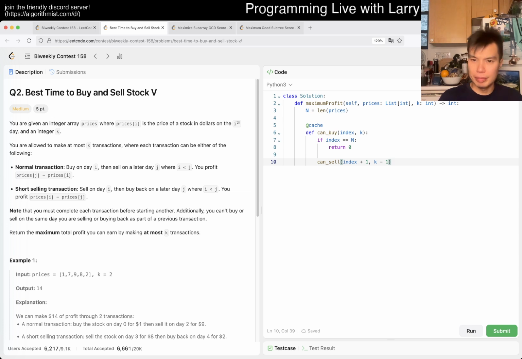Yeah, okay. Can sell plus... it's a little bit awkward, I think. I might have to do another state, but can sell minus prices of index. So that's for if you buy. And then the other one is if you can just